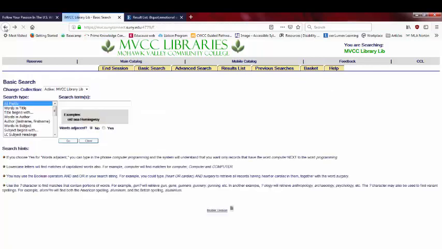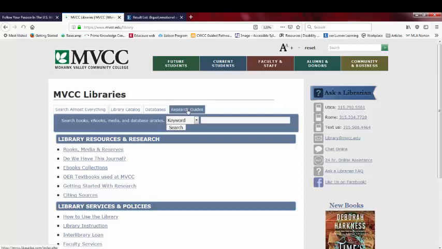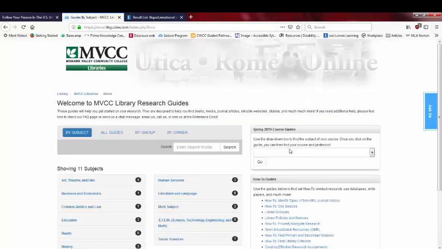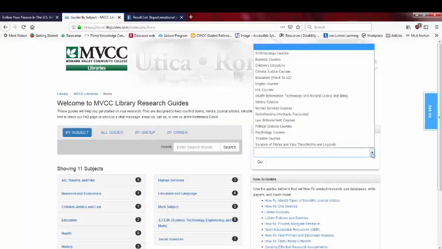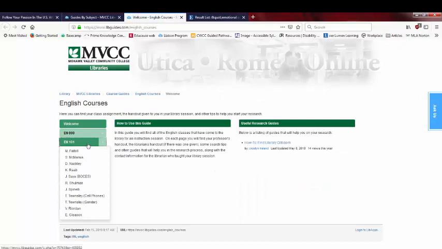And something else I want to highlight as well: this class is special because there's a research guide available. A research guide is like a one-stop shopping place for resources related to an assignment. Not all classes have a research guide. It's only available if the professor requests one created for the assignment. To get to the course guide, select Research Guides from the library homepage. On the right-hand side, click this drop-down menu. We're in English class, so I'm going to select English courses and go, and just hover over your class name